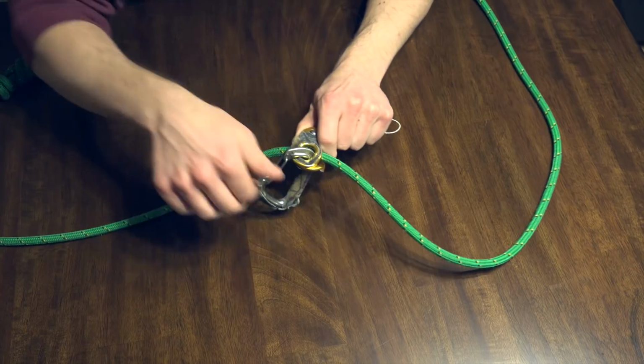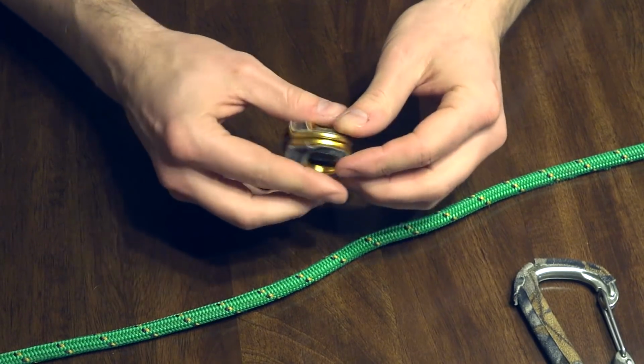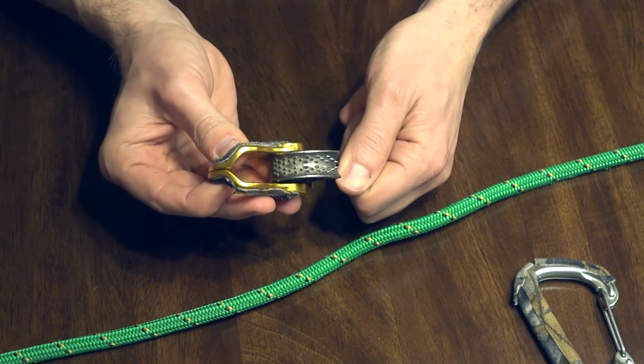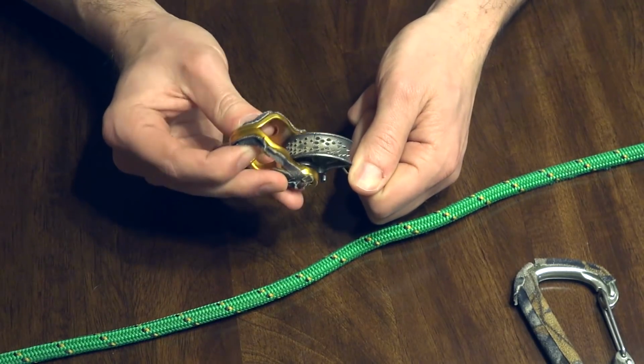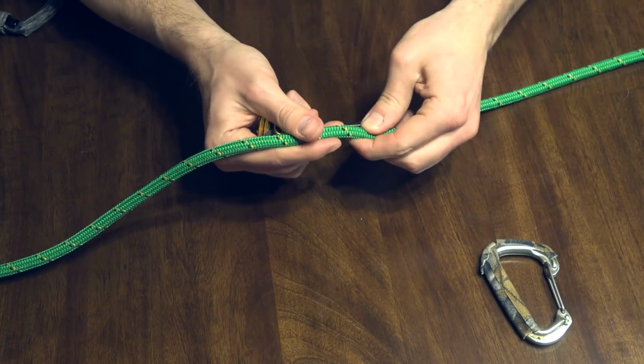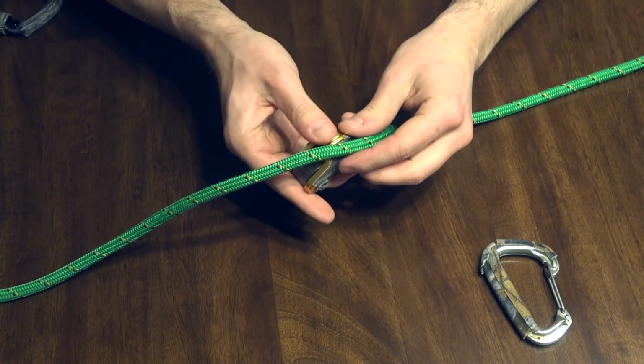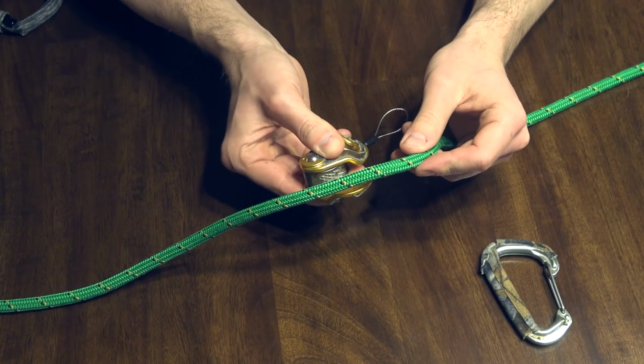There are a series of small teeth on the stainless steel cam that dig into the sheath of the rope. This is why that 32 carrier polyester sheath really helps out and prevents the rope from fraying with use. This ascender costs around $50, but is well worth it in my opinion, and you'll see why in just a second. It's easy to put it on the rope, and I've paired it with a Black Diamond's